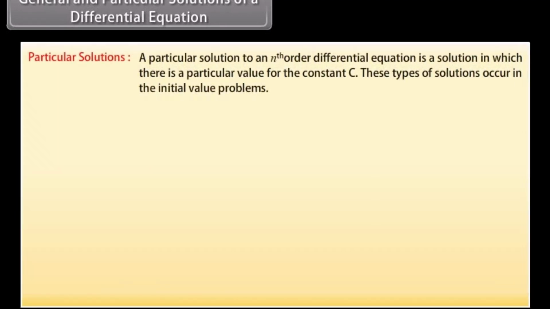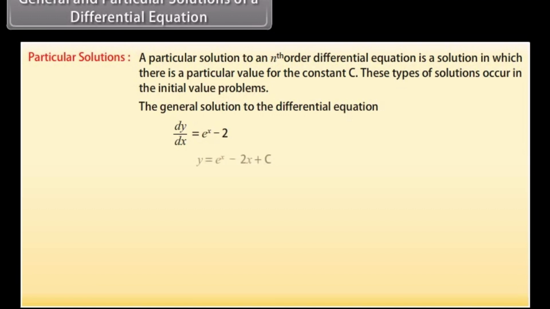Particular solutions. A particular solution to an nth order differential equation is a solution in which there is a particular value for the constant c. These types of solutions occur in the initial value problems. The general solution to the differential equation dy by dx equals e raised to the power x minus 2 is y equals e raised to the power x minus 2x plus c